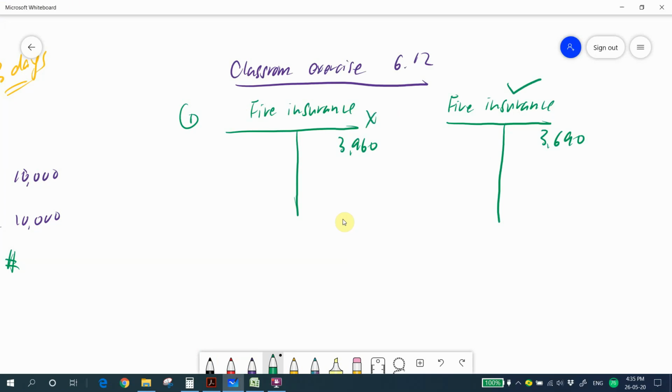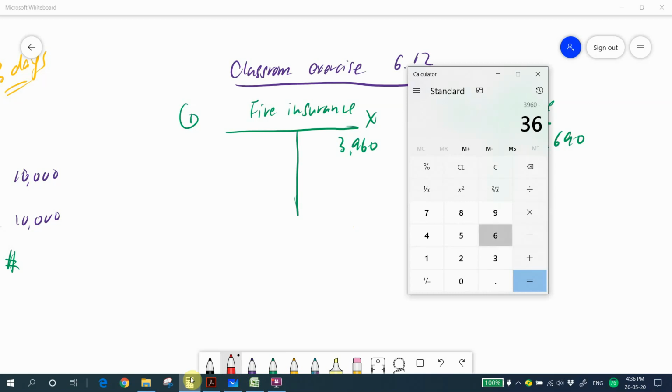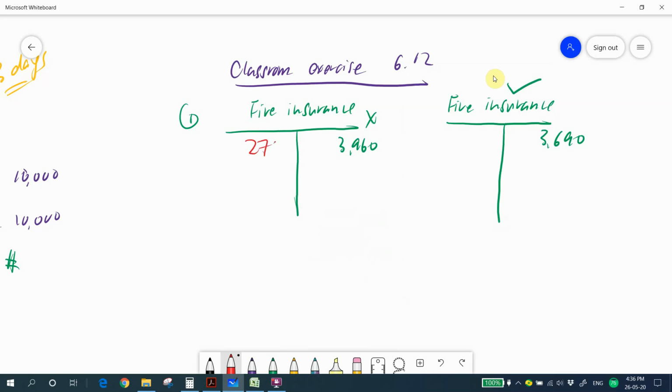So how can we adjust from the wrong one to the correct one? When the wrong one is higher than the correct one, the way you can do it is you record the difference amount. The difference is 3,960 minus 3,690, which is 270. So you can record 270 here. When you record on the opposite side, this will lower this amount, and you can rectify the wrong amount to the correct one. So the double entry,